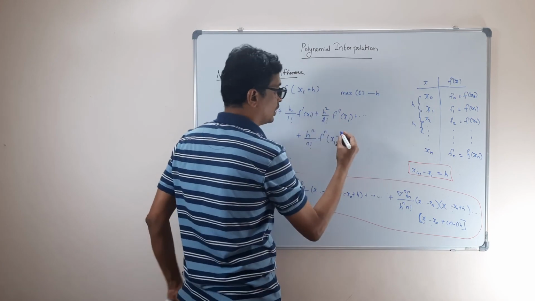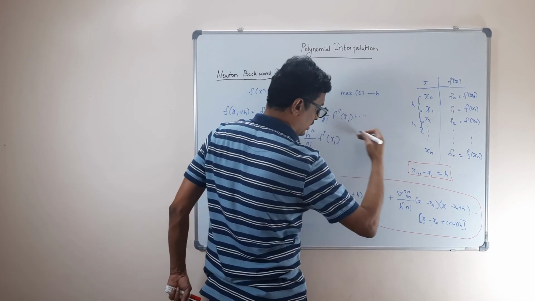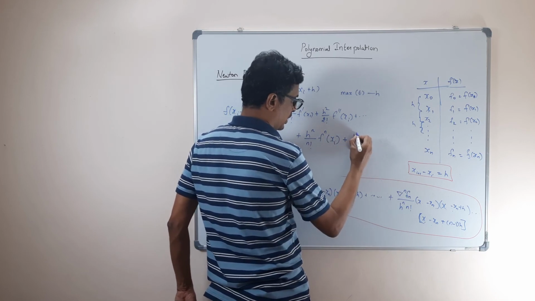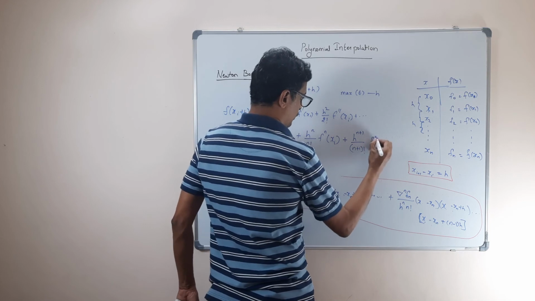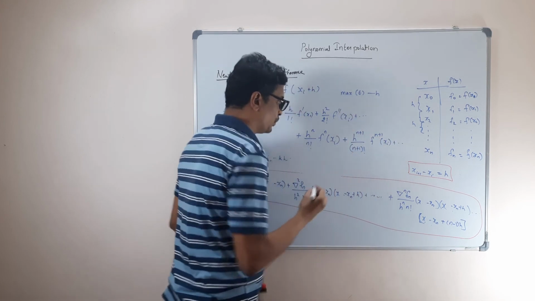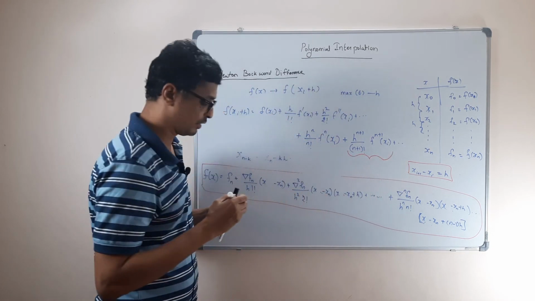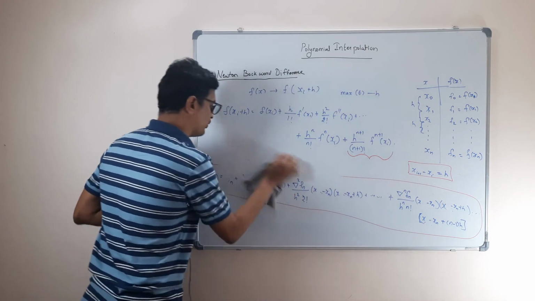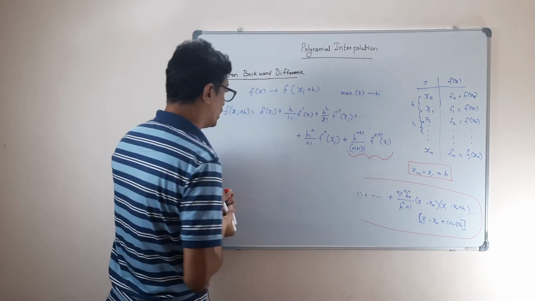So let me write down the first term, which, for smaller h, will be a decreasing value. Let us take the next term which we omitted, which is h power n plus 1 divided by n plus 1 factorial, into the n plus 1th derivative of, say, some xi. This gives us typically the order of the error in our calculation. So we will remove these portions and I am going to write this term as the error. Our error will be typically of the order of, say,